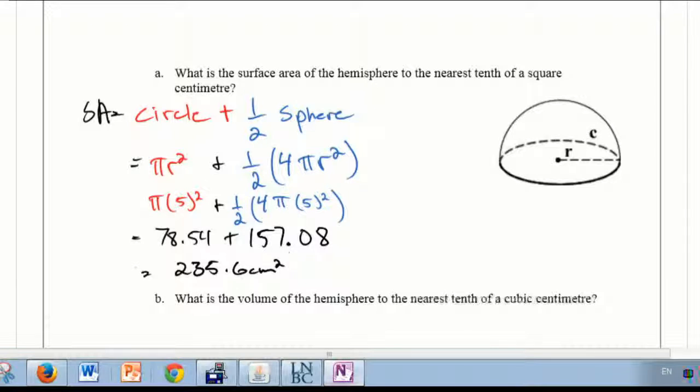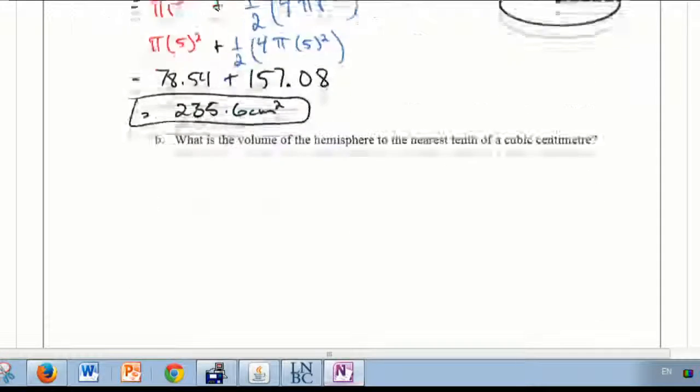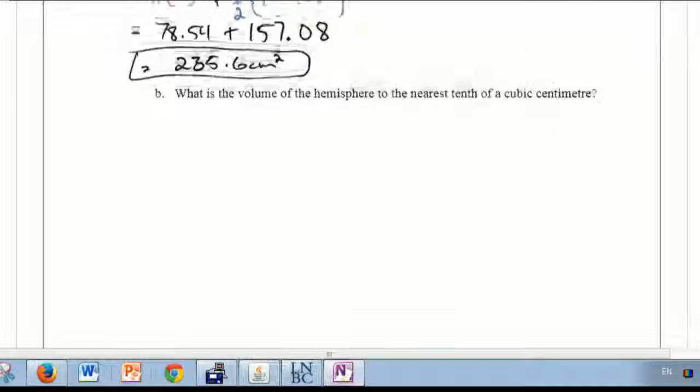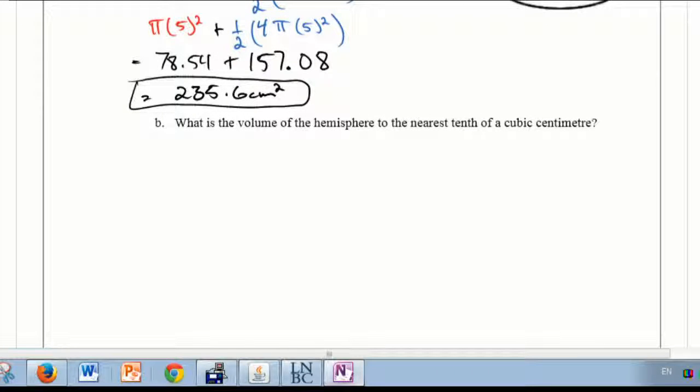So that's going to give me my surface area of a hemisphere. And then the last part of this section, got a couple minutes left, is the volume of the sphere. So volume of my sphere is 4/3 pi r cubed. But I don't want the full sphere, I want